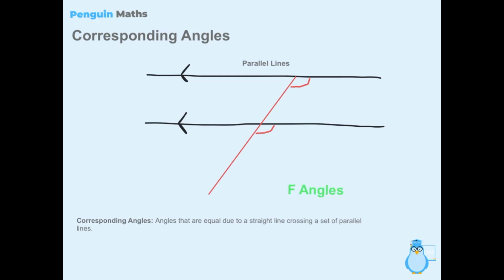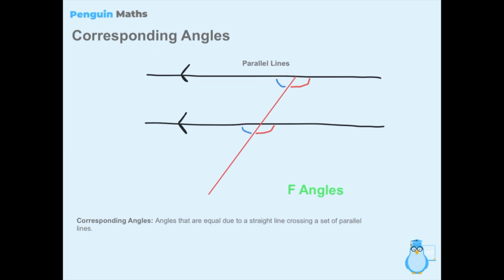Corresponding angles are also known as F angles, due to the F-like shape that we can see here in between the two parallel lines and the two identical angles. And just a thing about corresponding angles as well, both this angle and this angle here are in the exact same position relative to one another. It's almost like it's shifted down from here to here, almost like it's corresponding to one another. So the exact same position up here and the exact same position down here is known as corresponding or F